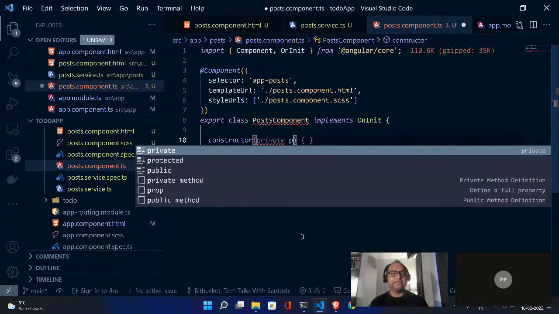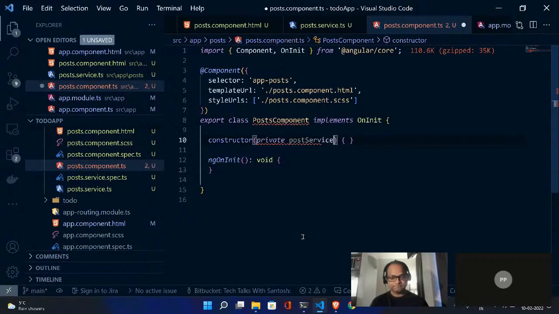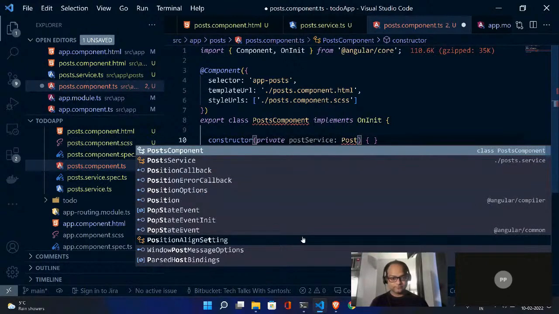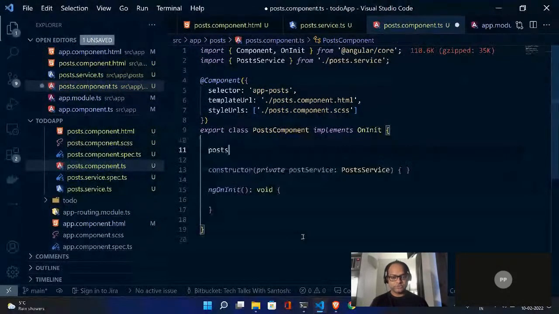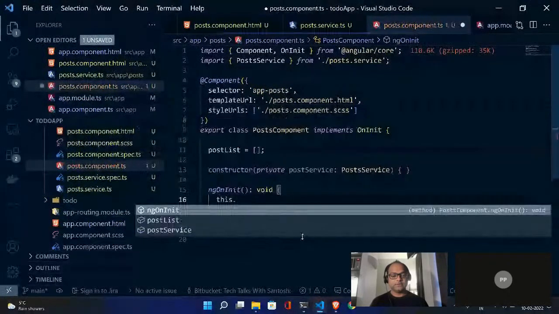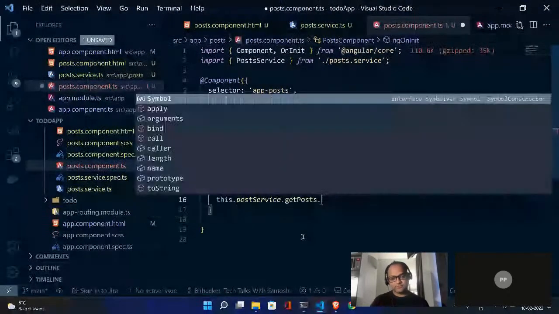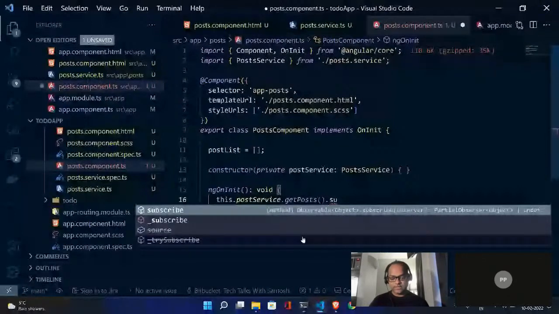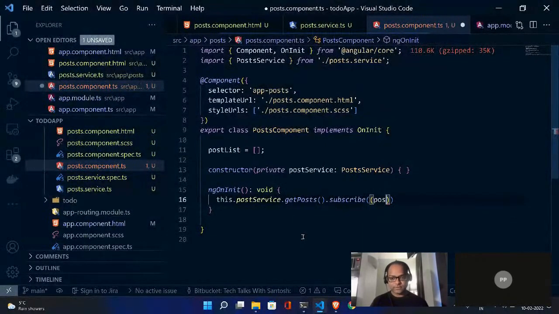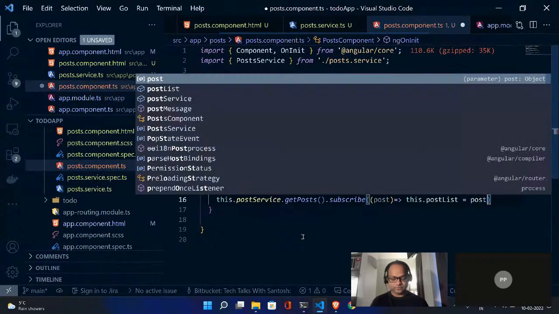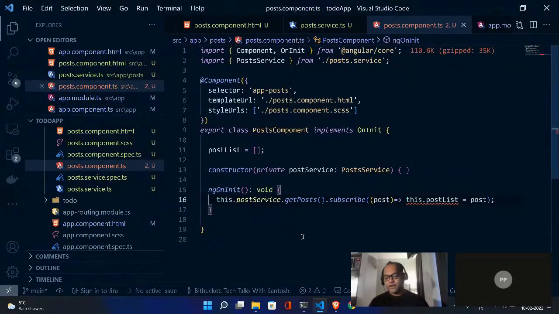So I'll say private post service, and I'll create a property called post list, and we'll say this post service dot get post dot subscribe, and we can say this dot post list is equal to post. Okay, so we have done all this.